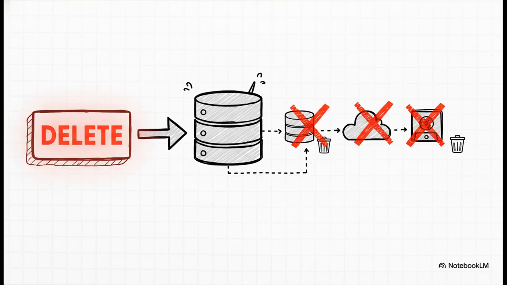So for all the developers watching, what does this actually look like? It's as simple as this. You build a clean, working API endpoint, a delete request with a user ID that kicks off a process to wipe their data from your systems. It really has to be that simple.